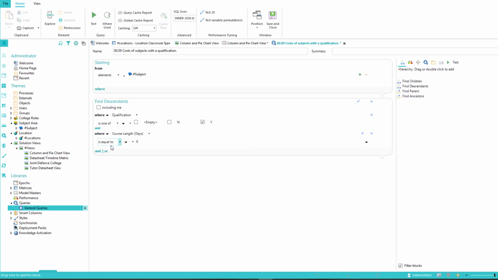Then select It's greater than, and then type in the number 20. Then click Save. The next step is to create a column chart running off this query. Navigate back to the previously created column and pie chart view